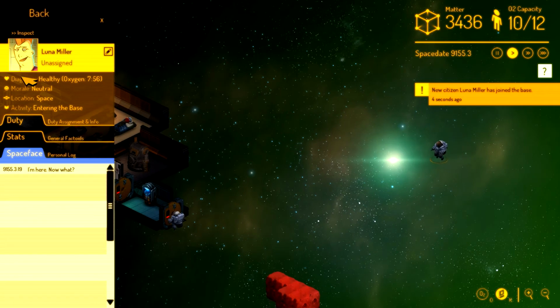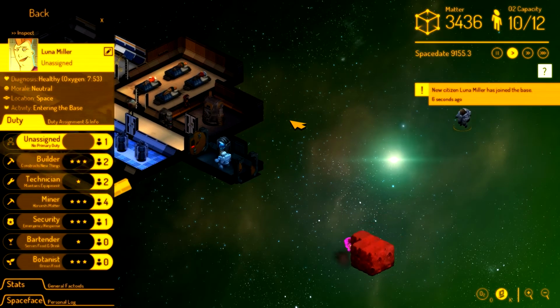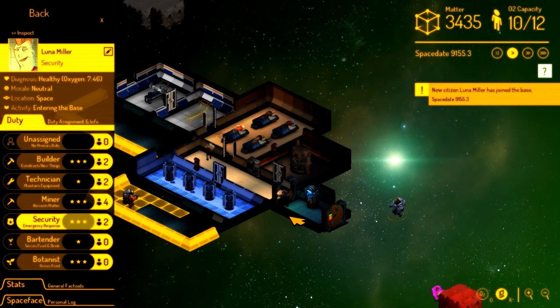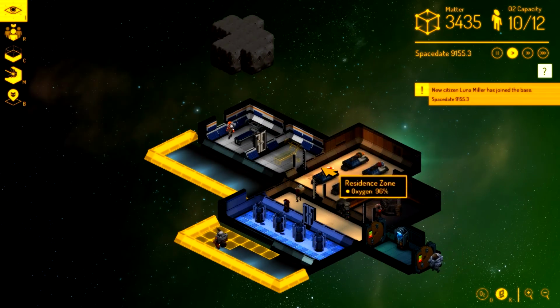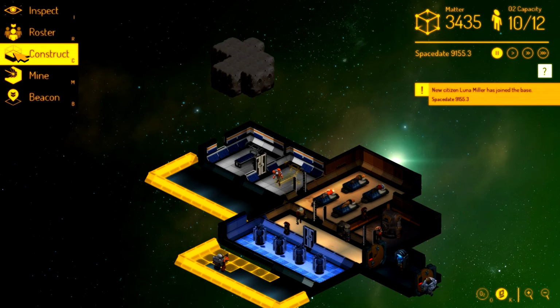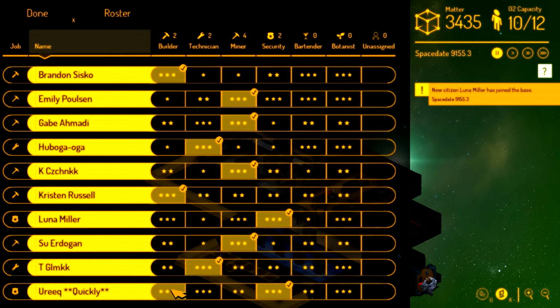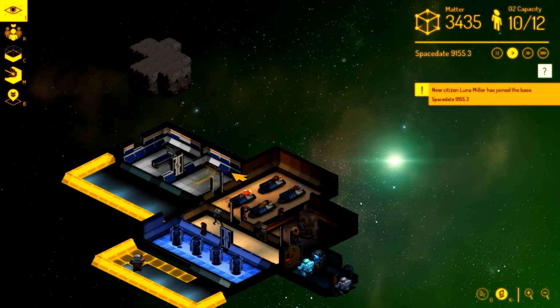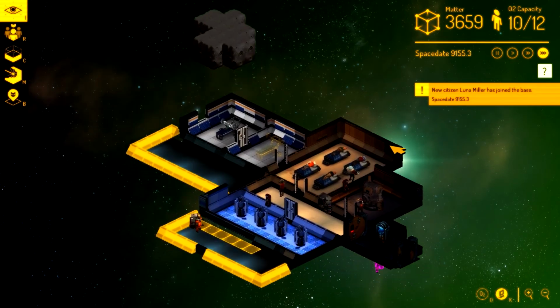Luna Miller. Look at that. Barely a nose at all. What are you good at, my dear? Miner. Security, botanist, builder. We'll do builder or security for now. You won't have too much to do. But once we get... Actually, you know what? No. Who was that just came in? Luna, do another builder, because I plan to expand a little bit here. Now that I've got all this matter to work with...